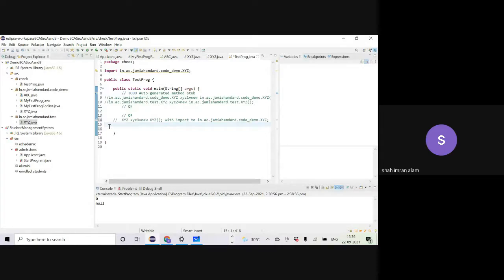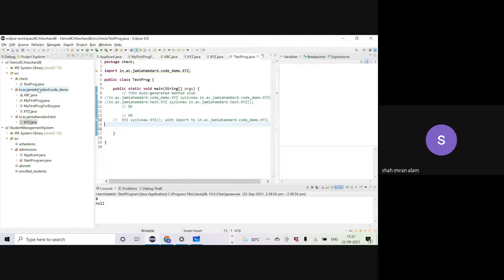Now let's say that from the main method of the test program class, I want to create an object of not xyz. This xyz I've just created to distinguish the concept of the same class existing in different packages. When you use third-party libraries, you will have this problem very often: you may come across the same class name from different providers, but the packages they use will be different. That is the reason why most of them use the URL as the name of the package, because a URL as a string is guaranteed to be unique.